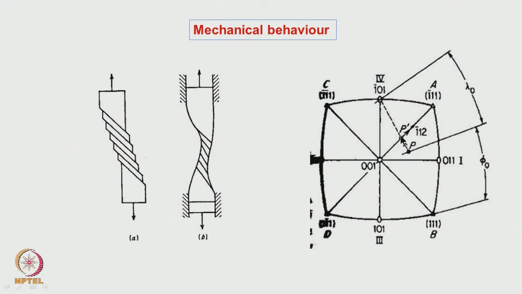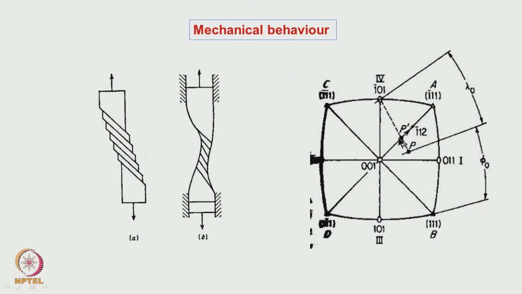When it reaches this point, the Schmidt factor for the slip on the 111 plane as well as the 1 bar 1 plane, both of them are equal. So, both the slip systems will be activated. Then essentially what happens is the direction of the loading gradually changes and reaches here. That is the point at which the sample fracture will occur.